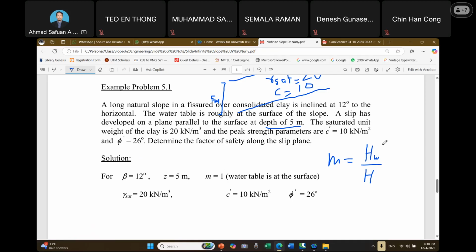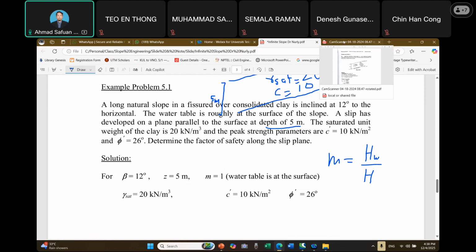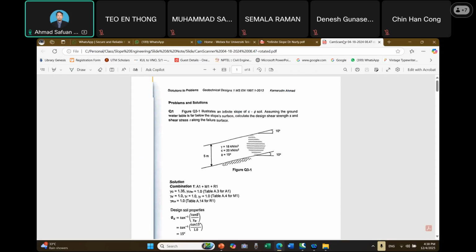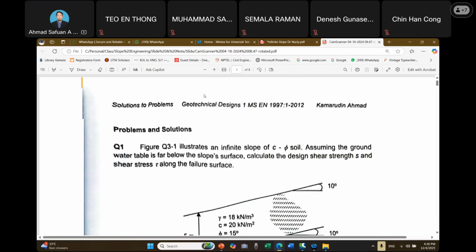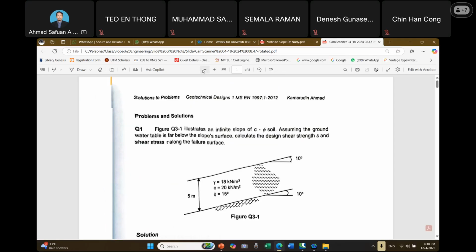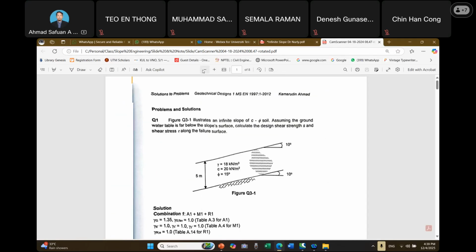Okay. So that is for the conventional approach. Now we look at the use of EC7. Hope we have a little bit of background on EC7 because